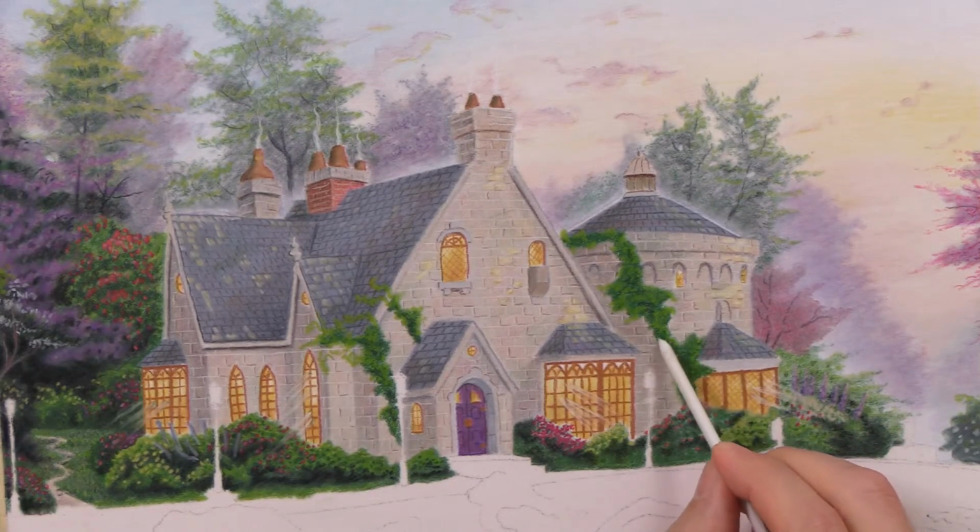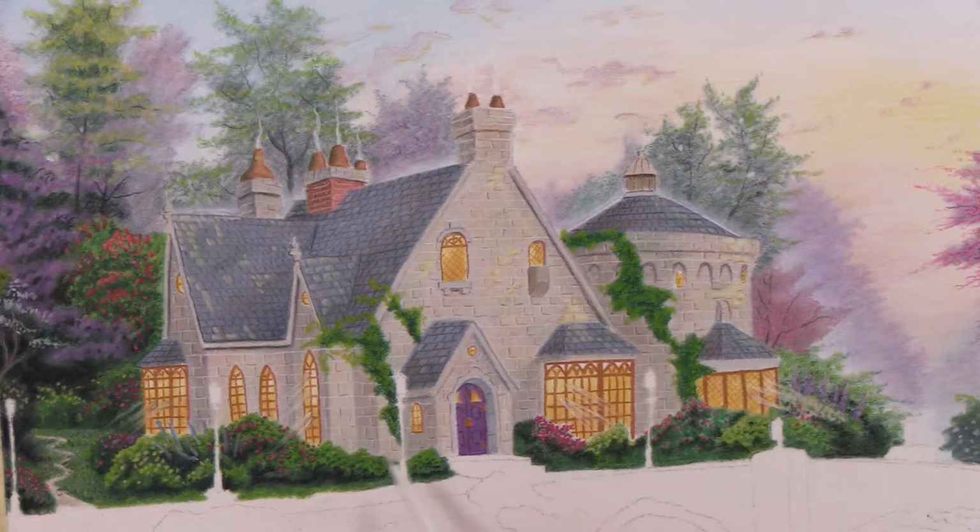And one of the things that I wanted to mention about the bushes up here, and I still actually have to do it myself because not only did I not mention it, but I also didn't do it. Around the edge where we both stopped the bush and put in the house stuff like the windows and the bricks and everything, usually there'll be a tiny little gap there. I don't know if you can see it right here. There's a little bit of a glowing white edge, sort of that halo effect